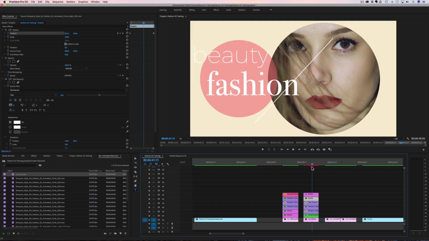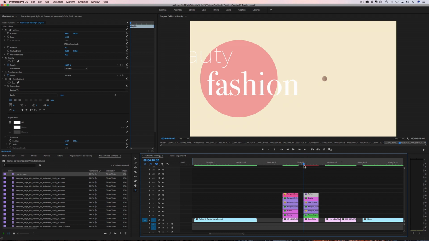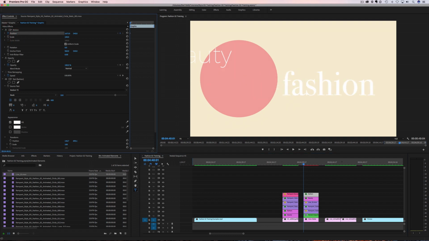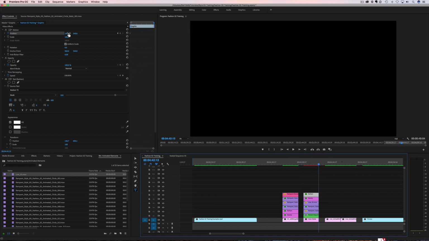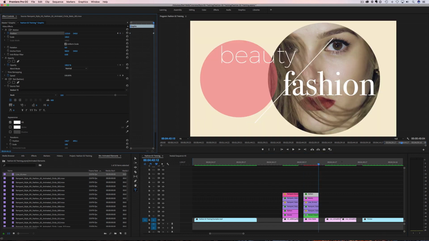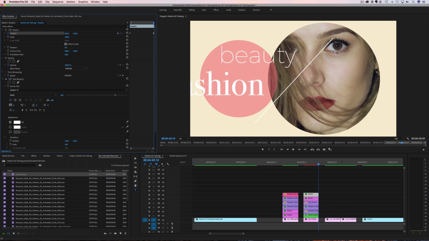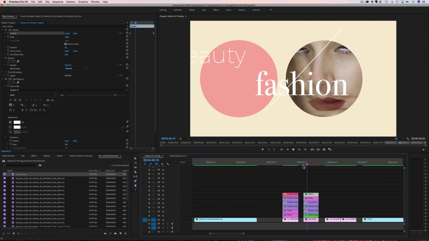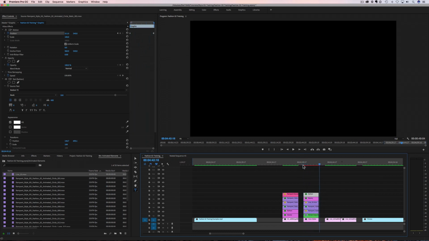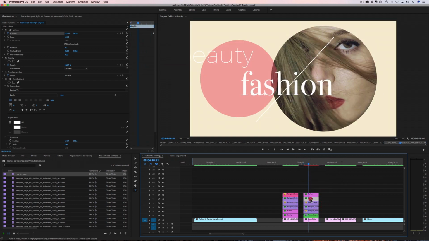There we go. And now let's go ahead and do the same thing on the fashion side. So let's go back to the beginning, add a little motion to fashion, put a keyframe, and let's move it this way. That's a good position. And then go to the end, and let's put a keyframe going the opposite direction. Okay, so now if we rewind that, there we go. We have this really cool animation,